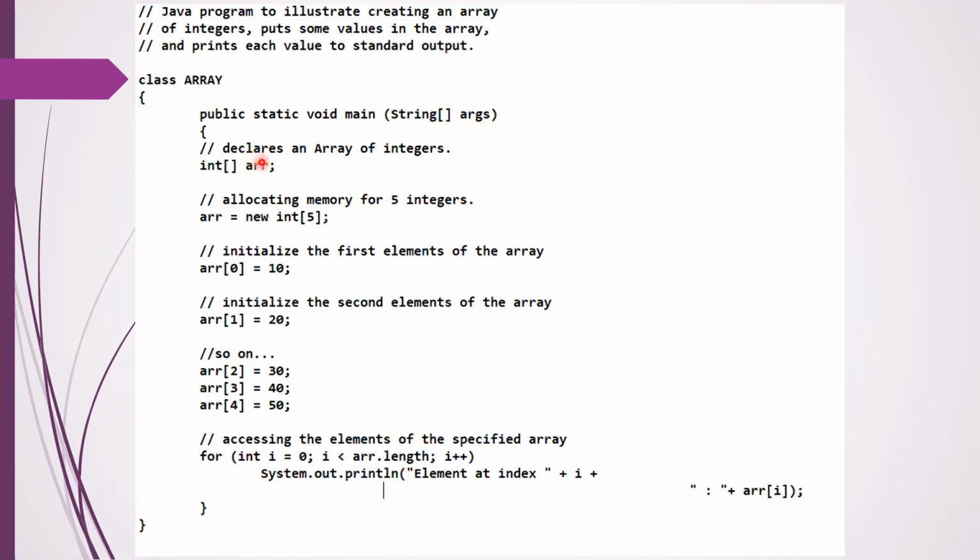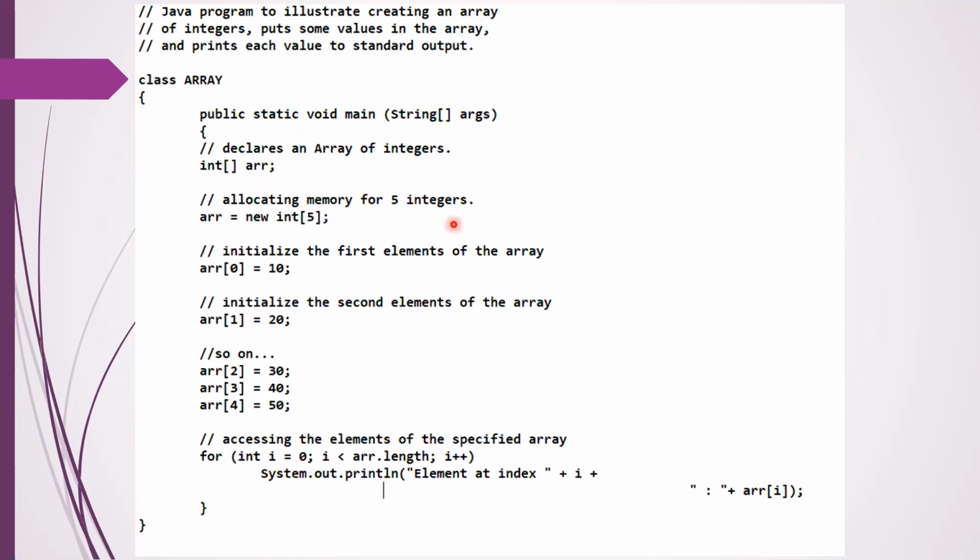Then you're declaring the array of integers. Either you can declare the type followed by the square brackets and the array name, or you can give the type followed by the array name and then the square brackets. Any of these is valid. Here it is the data type followed by the square brackets and then the array name.